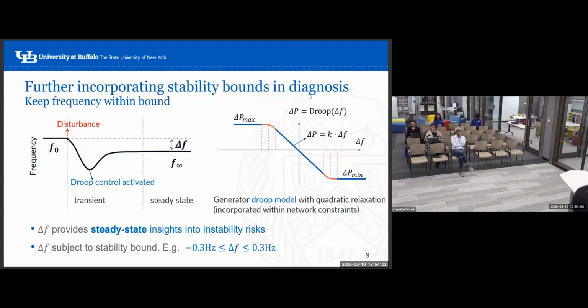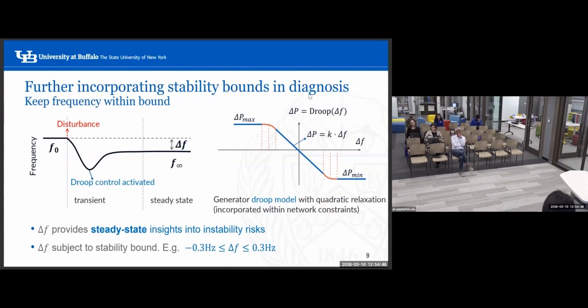However, when a disturbance happens at some time, so we look at the transient horizon, the frequency will temporarily drop. And then the droop control within each generator starts to react. So it compensates with more real power, as is shown on the right. As your frequency drops, moving to the left, you produce more power to compensate for the mismatch. And by doing this, the frequency will go back a little bit until reaching a steady state. But there's still a deviation, delta F. And that steady state deviation can give us some insights into the system stability.